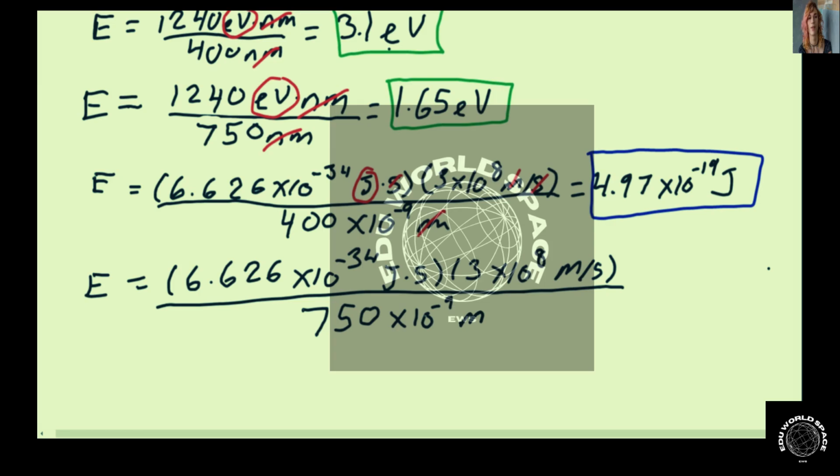So units here, I have meters and seconds, both cancel out again, which is good. It means I wrote the equation the exact same way twice as far as units go, and I am left with joules. So the answer after plugging into the calculator gives me 2.65 times 10 to the minus 19 joules. All right, so